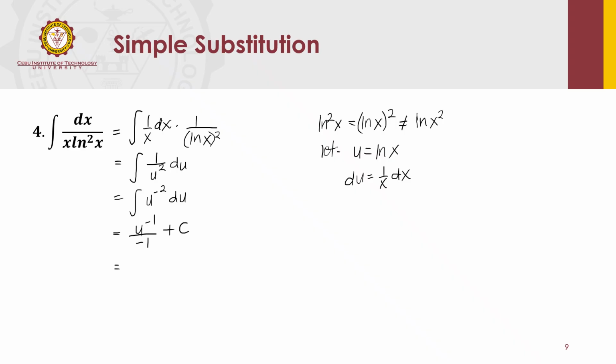Let's transform this first into u to the power of 1, transferred to the denominator. So it's negative 1 over u to the power of positive 1, plus c, or it's negative 1 over ln of x, plus c. So let's have our final answer in the same format as our given, where ln has a positive exponent. So this is the value of the indefinite integral.